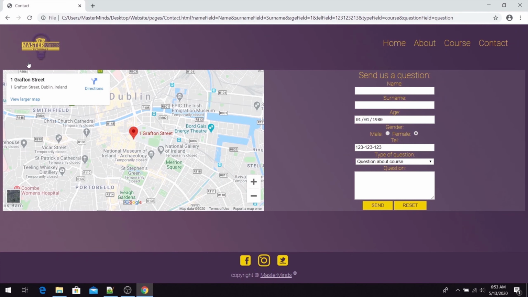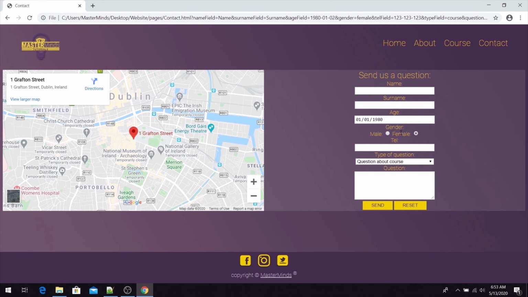So when we refresh our page, let's fill out our mandatory fields first. Like telephone number, let's set something that doesn't follow our pattern. So now when we try to submit our form, we'll get validation error that we need to follow requested format. This is requested format. So when we try to submit this, we'll be able to submit our